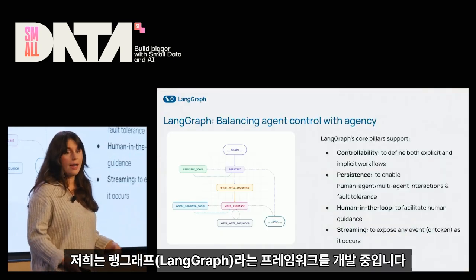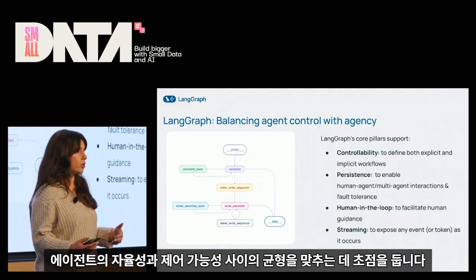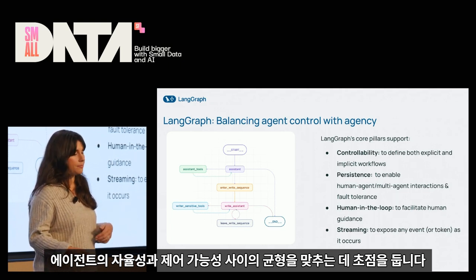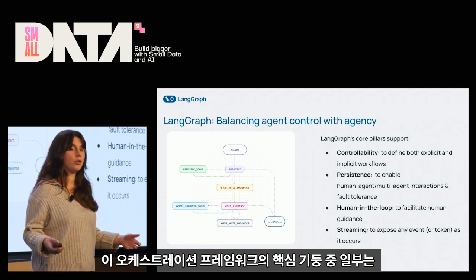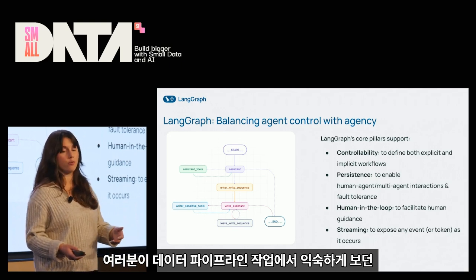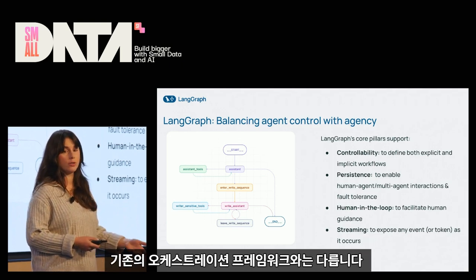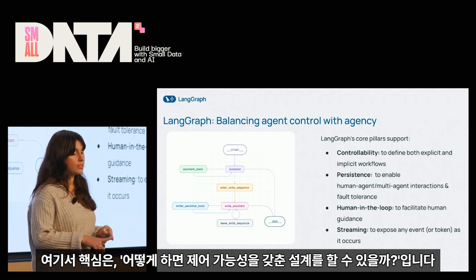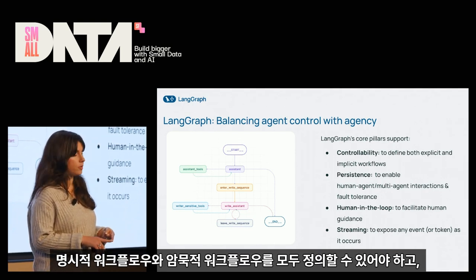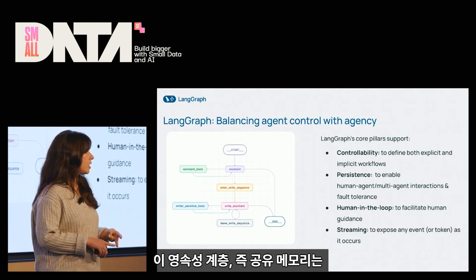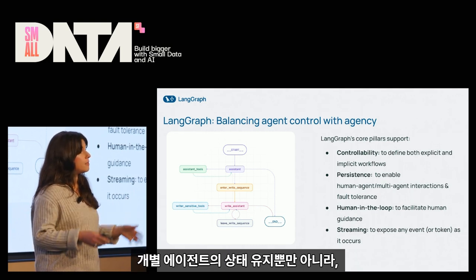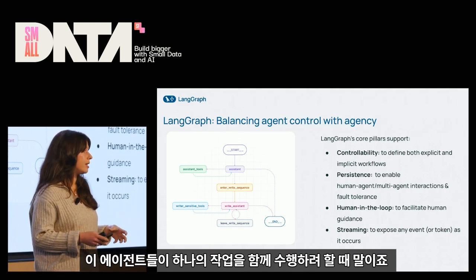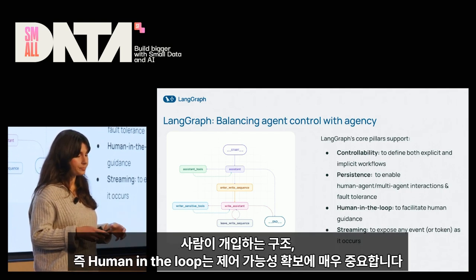And we're working on a framework called LangGraph, where we try to help balance agent control with agency. And some of the core pillars of this orchestration framework, which is different from the orchestration frameworks you might be familiar with when working with data pipelines, are: how do you design for controllability, so define both explicit and implicit workflows; this persistence layer, so the shared memory and state, both for an individual agent, maybe between sessions, or multiple agents that are trying to collaborate on a singular task.